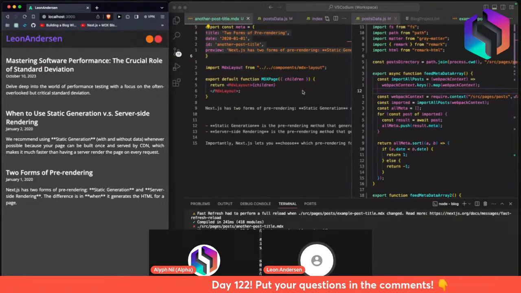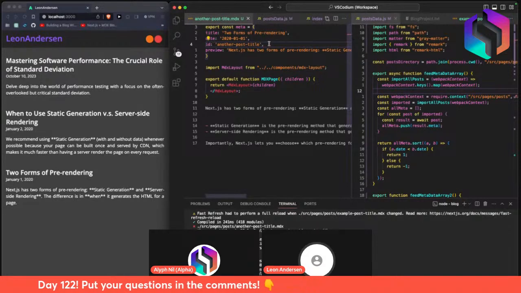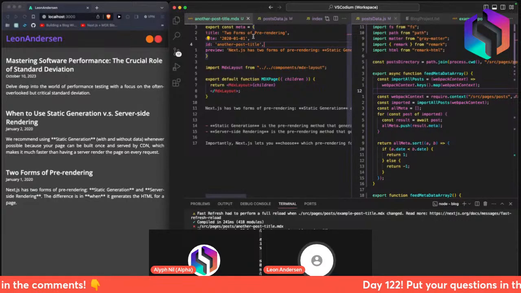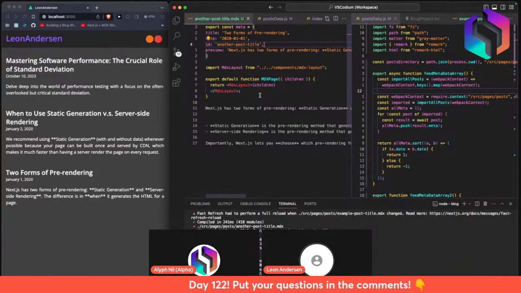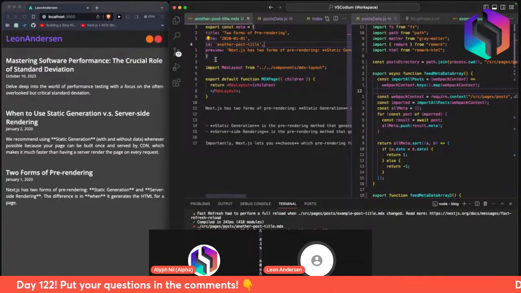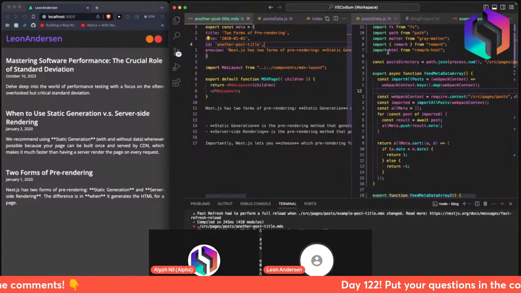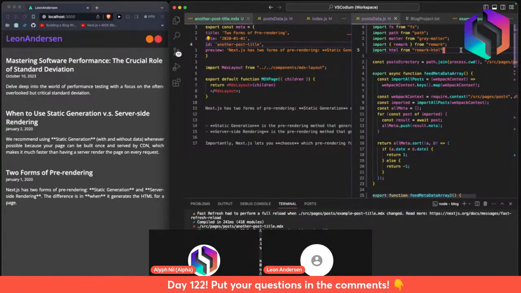Basically, oh yeah, that's a point that I will bring up later. This doesn't get rendered by the MDX page itself because it's an export. And then this basically gets imported here. Wait, do I import it actually? No, I don't even import it. Well,